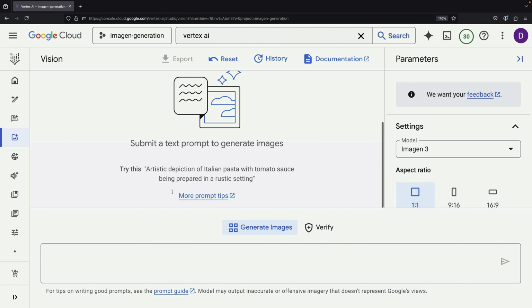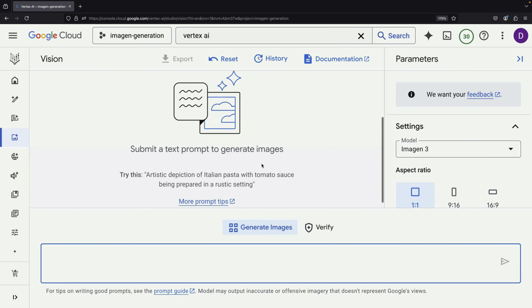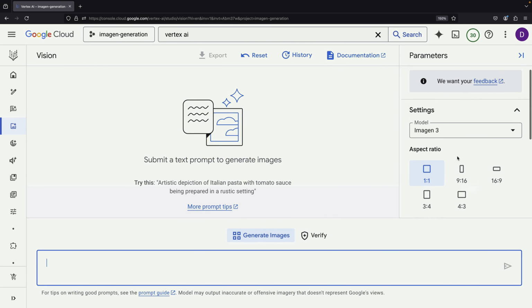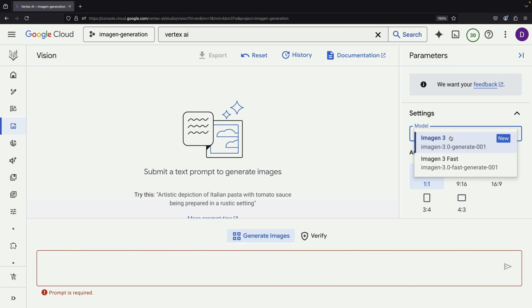This area has two main functions: image generation and AI image watermarking. When we go to the Generate section, you can see all the available options for this model displayed in the sidebar. The model comes in two versions. First, there's the standard Imagen model, and second, there's Imagen Fast, which is designed for lower latency, meaning it produces